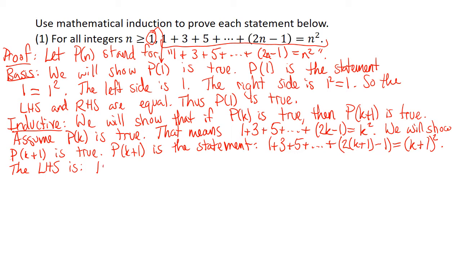1 plus 3 plus 5 plus ... And now what I'm going to do is be a little bit clever, and pull out one term from the ... You know that that covers every odd number from 5 up through 2 times k plus 1 minus 1. So you want to think about what would be the very last term right before 2 times k plus 1 minus 1. And those are all odds, right? The thing that is changing there is what 2 is being multiplied by. So the term that would come right before the last one would be this one. The kth term would be that. And then the next one would be,